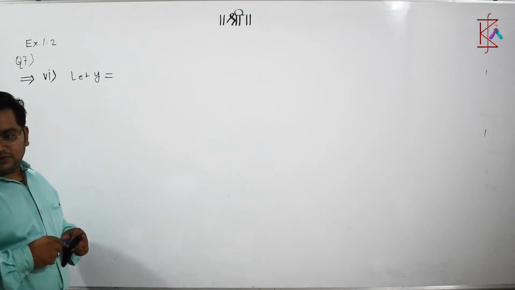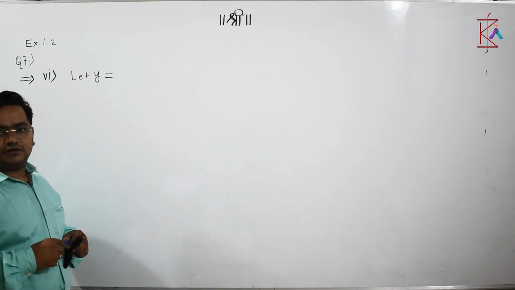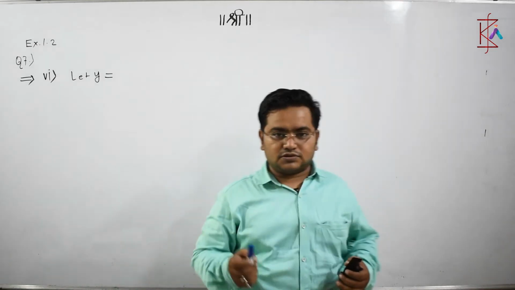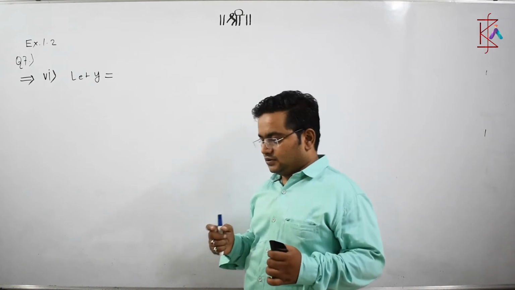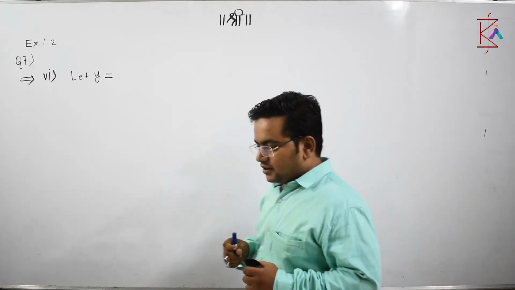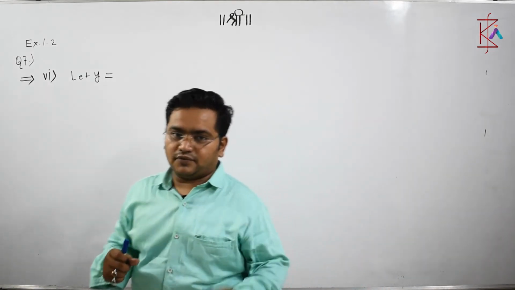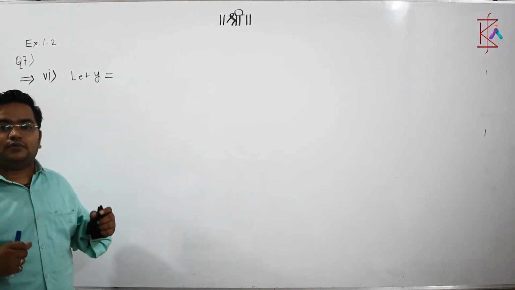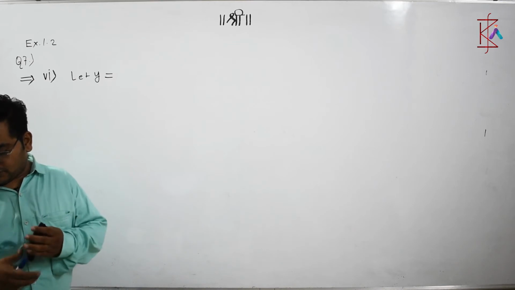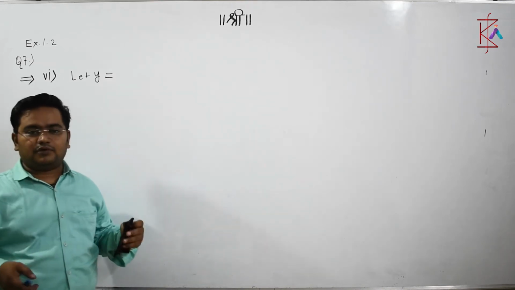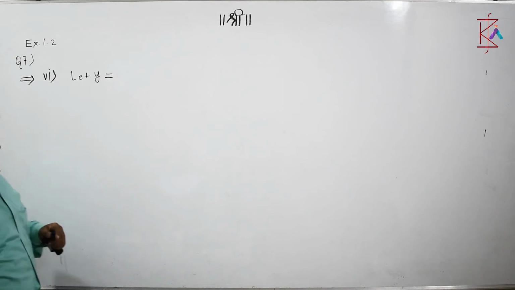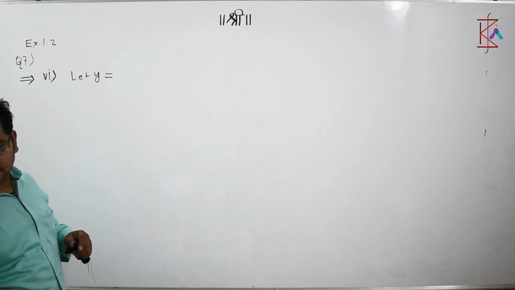Now question number 7 again has an important task. What is that? We need to apply a formula. What is that formula? The formula for cos cube x, or rather the formula for cos 3 theta, we need to apply. So what is the given question? The given question says something like this: